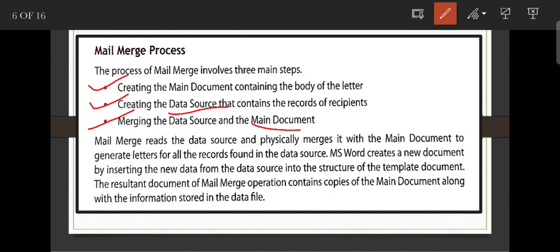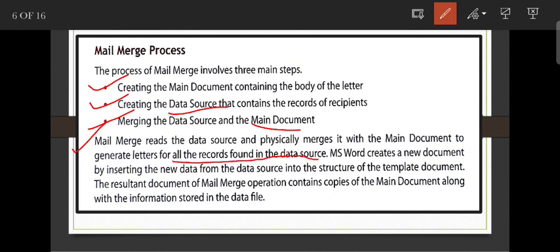The last step is we need to merge the database with the main document. Okay, with the letter. Main document means letter. Next, mail merge reads the data source and physically merges it with the main document to generate letters for all the records found in the data source.